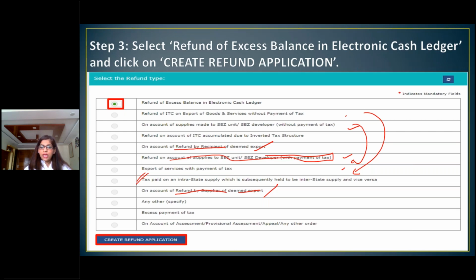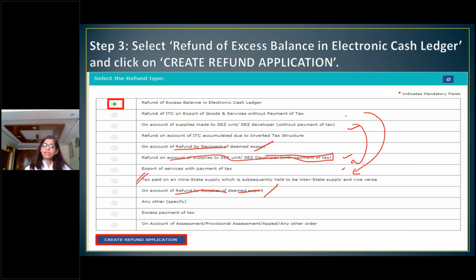R.K. Pradhanji is asking: do we have to file a refund application for goods exported with payment of taxes? No. In case of export of goods with payment of taxes, you don't need to do that, provided you are updating proper details in table 6A. If you remember, table 6A of GSTR-1 specifically talks about export of goods, your entire billing. If proper details are input over there, then you don't need to file your refund application for export of goods